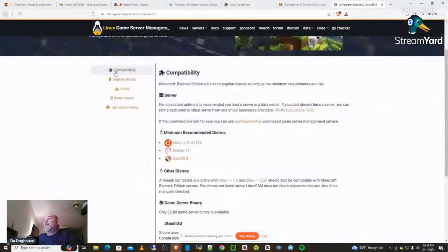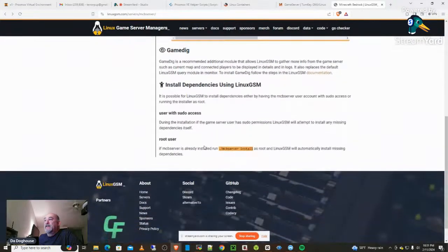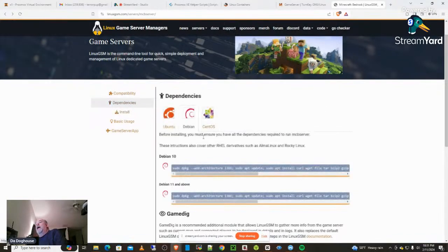Okay, so coming back over here, you go to dependencies. We're using Debian, so you would copy these into your server, and then do the install, and it runs through and installs all this. This is a container, so we don't have to worry about the dependencies. It's going to do all this for us. So let's go back over here,